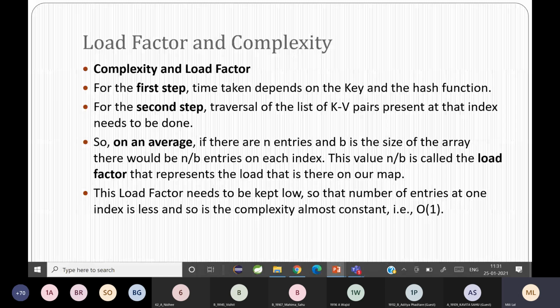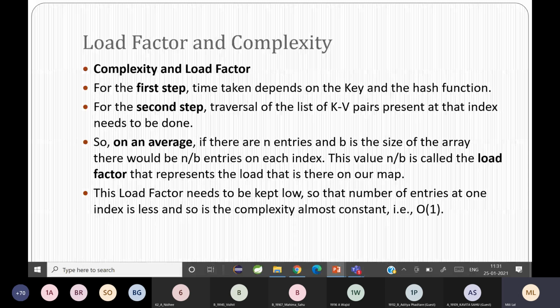So in the first step, all the time depends on the key and the hash function used. If the hash function is complex, it's going to be more time consuming to find the key, and of course that is going to increase the complexity.